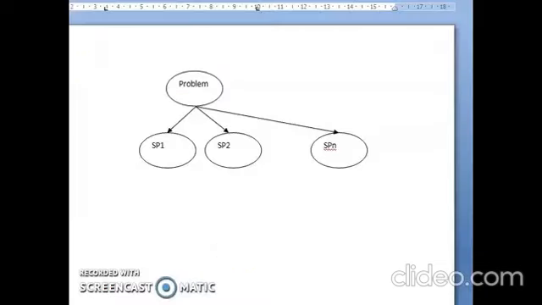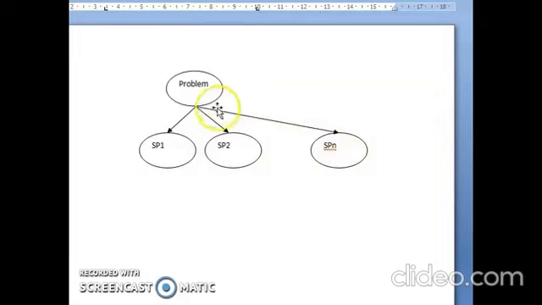In a diagram, the main problem is divided into sub-problem 1, 2, 3, 4 till n, and these sub-problems are solved using specific functions.